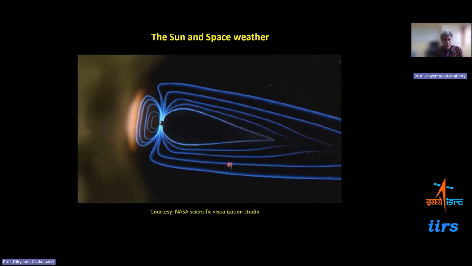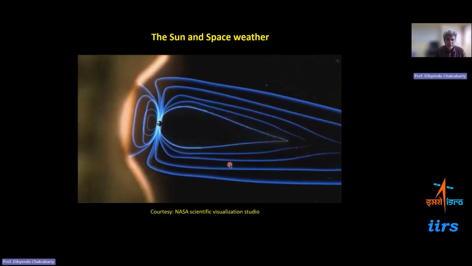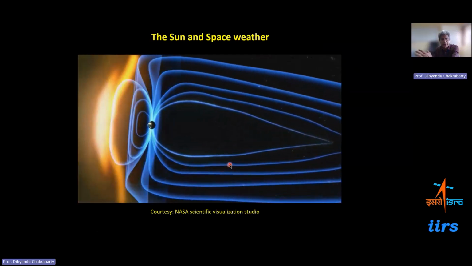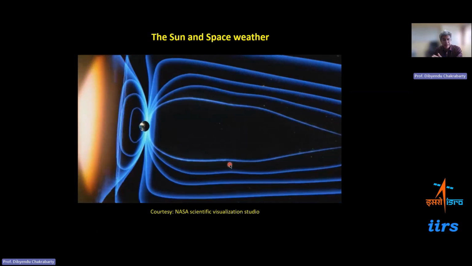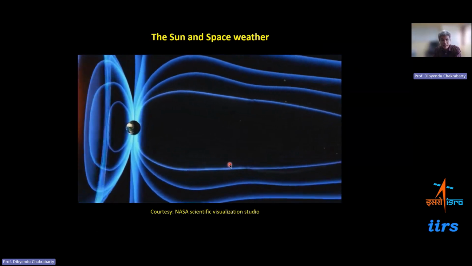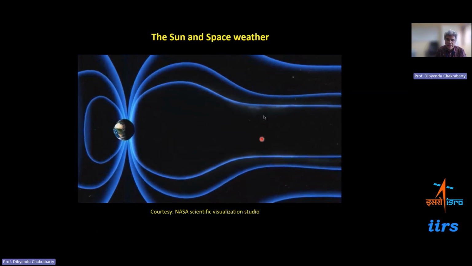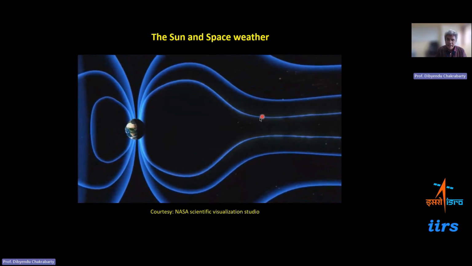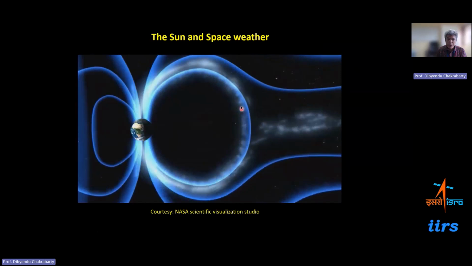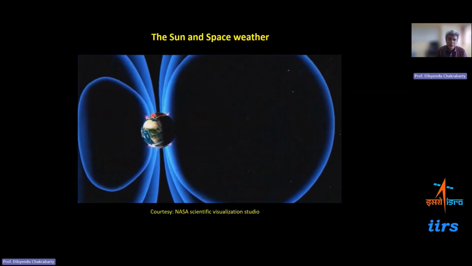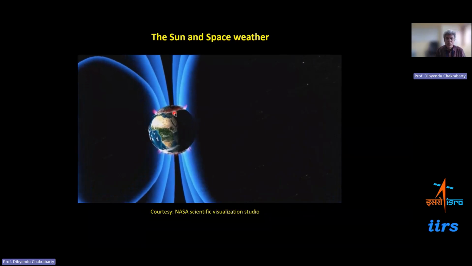if the solar wind magnetic field is of opposite polarity to that of the Earth's magnetic field, it can open up the magnetic field, and as the solar wind is moving on the other side, it can drag the magnetic field to the night side. Then the night side magnetic field can actually reconnect here, creating an explosion which forces charged particles to follow the magnetic field and come to the polar region, creating aurora.